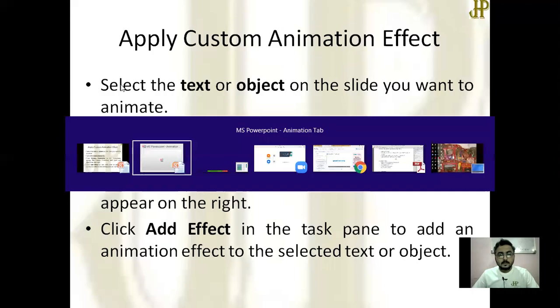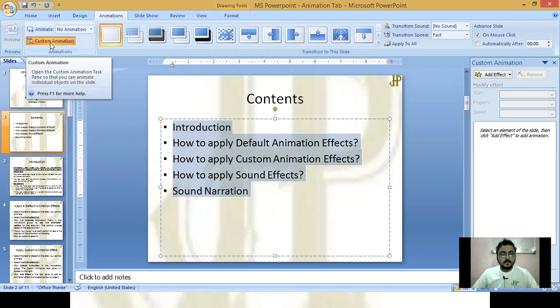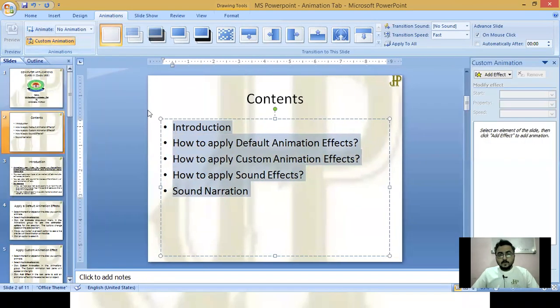So again, I'm going to give you the practical approach. Select the object or text, whatever. Go to the Animation tab. Here, this is the Custom Animation button. Click on that. Whenever you click on that, on the right hand side, in the task pane, you will see the Custom Animation dialog box appear.